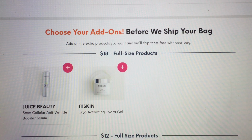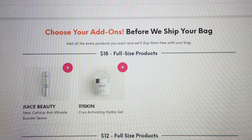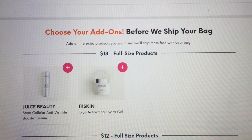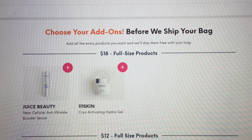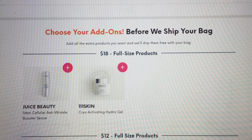This one is, I know, an $80 value, and like I said, for $18, you can choose that. The other add-on here on the $18 is from 111 Skin, which is Chiro Activating Hydrogel. I am kicking myself that I have not tried this yet. This is over $200. We got it in our ultimate bag last month, and I love that they're giving this